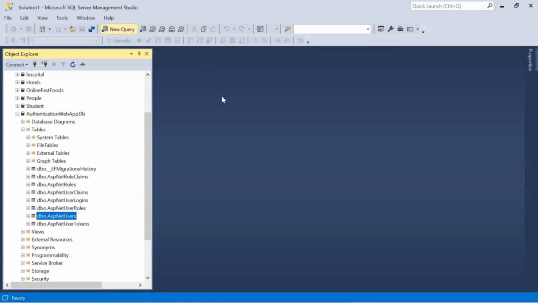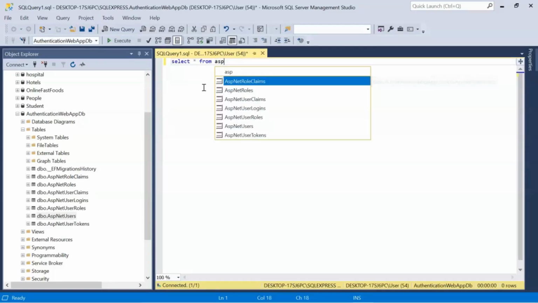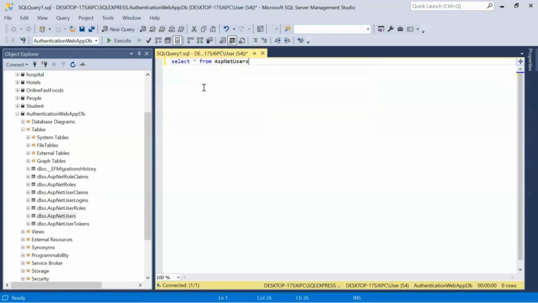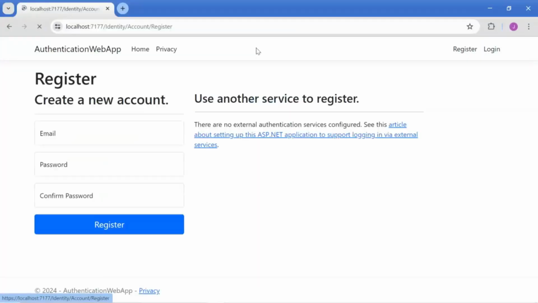Let's start by selecting users. This is an empty table, there is no record in it, but when we go to the registration page and create a user, one record will be generated. Let's go and see it. So go to register.